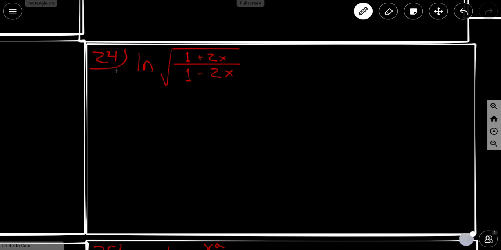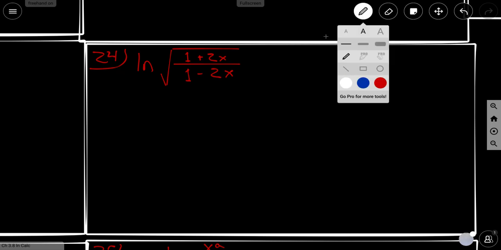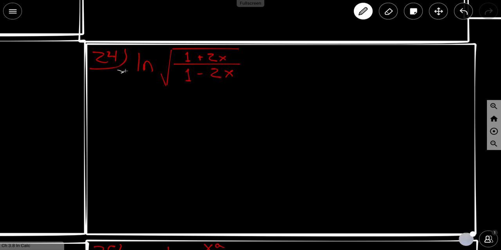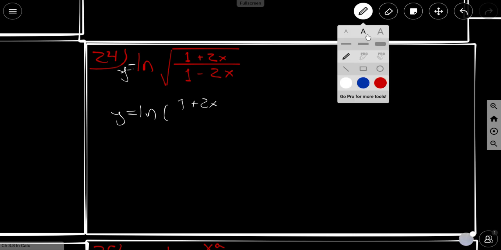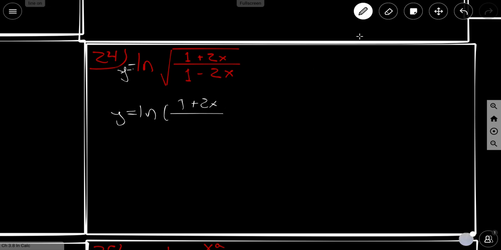Again, I'm going to go ahead and rewrite this. And now we can apply our logarithmic rules. So